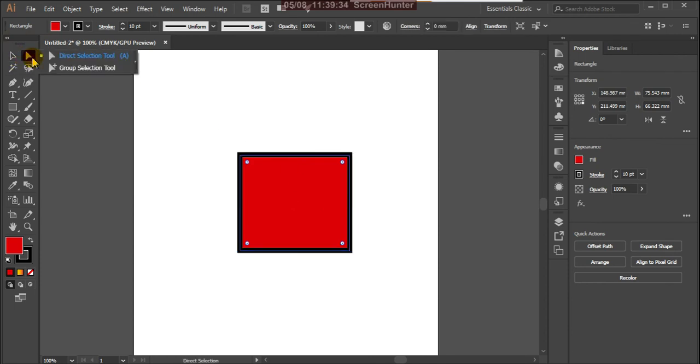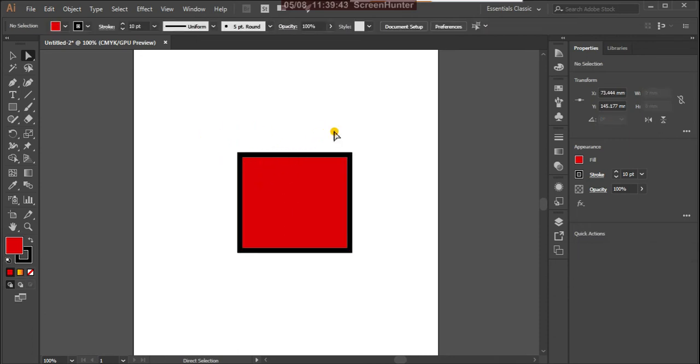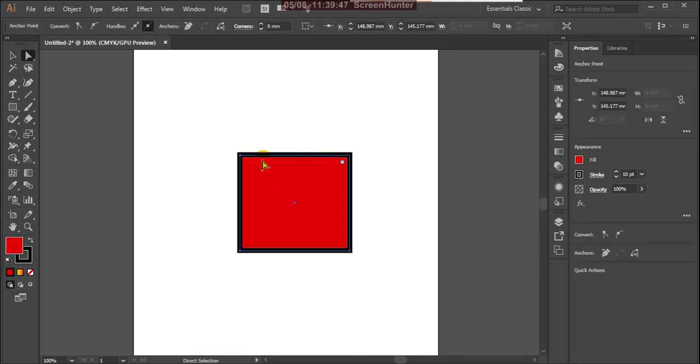And the next tool here, the direct selection tool. See, just click on the direct selection tool. Okay, suppose here, see these are the anchor points. So 1, 2, 3 and 4 anchor points. With this direct selection tool you can edit your shapes.